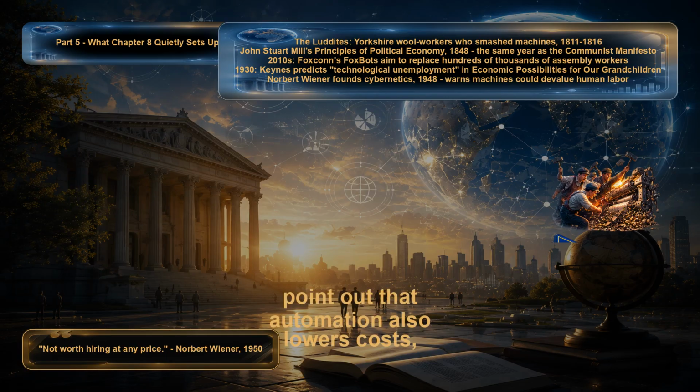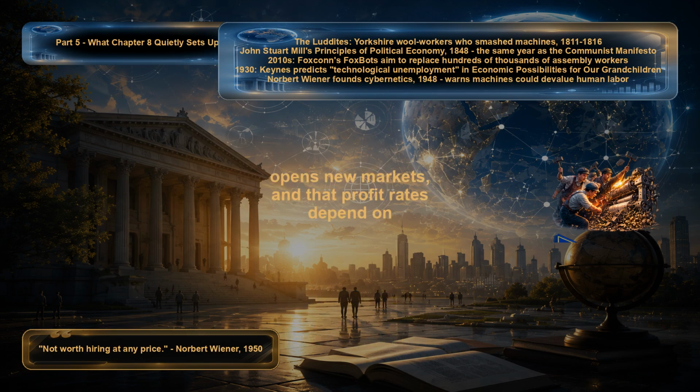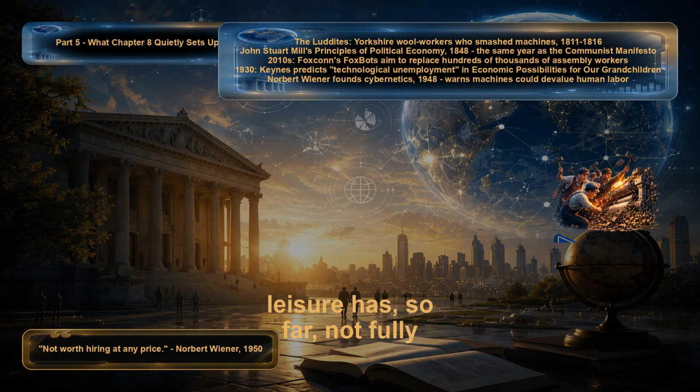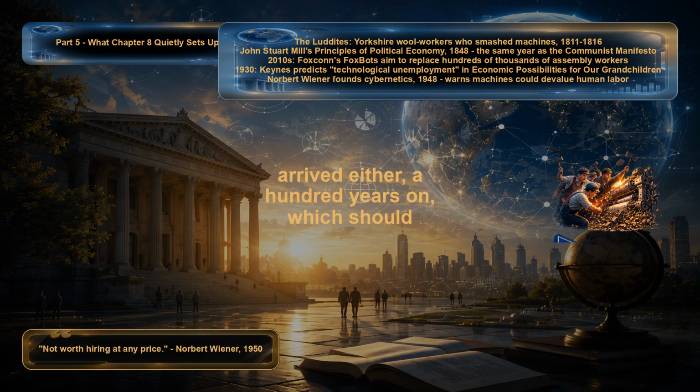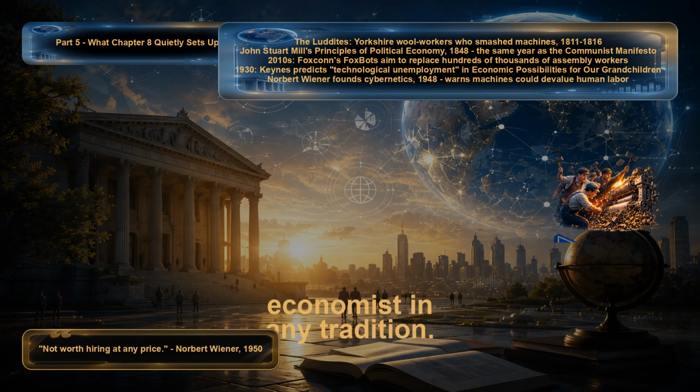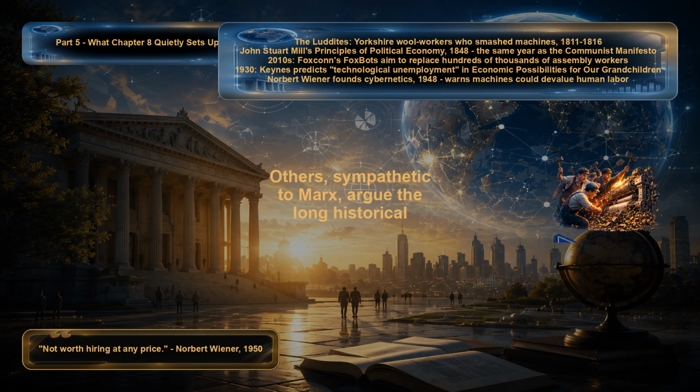Critics point out that automation also lowers costs, opens new markets, and that profit rates depend on many moving parts beyond this one ratio. And note that Keynes's own 1930 prediction of mass leisure has, so far, not fully arrived either, 100 years on, which should make anyone cautious about betting too heavily on any single long-range forecast from any economist in any tradition. Others, sympathetic to Marx,